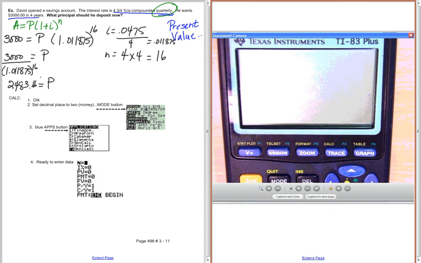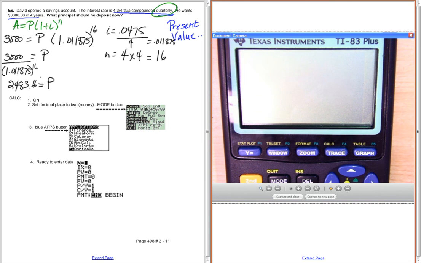All right, this is about as clear as I can make it. It started running all by itself again, so I'm sorry for wasting your time. Let's set this thing up. First of all, we want to make sure it will show as money to 2 decimal places. I mean, you can round yourself, but our mode button, which is right here,